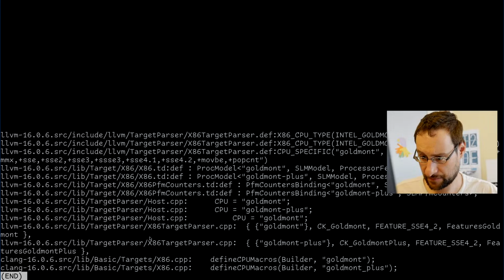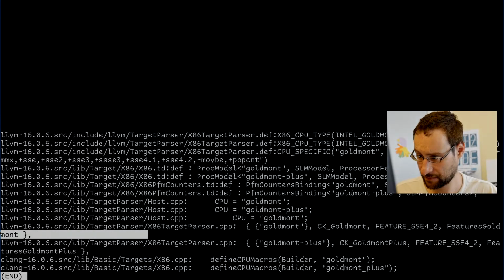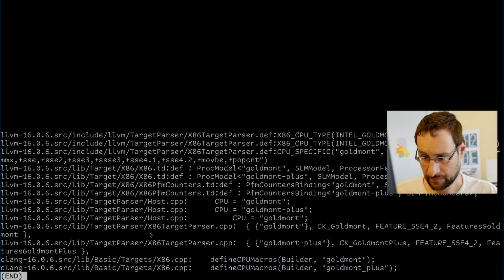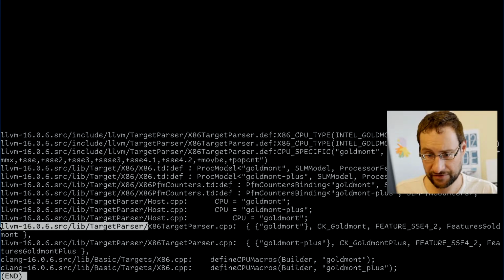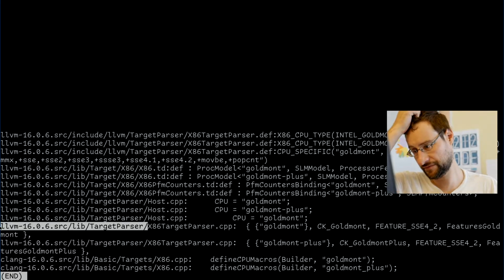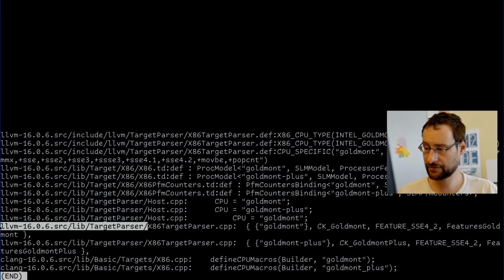Here's also some x86 target parser, maybe. It's absolutely crazy, I mean, am I the first and only person who ever wanted to optimize for 586 or 486? This is absolutely bizarre. So yeah, there are unfortunately 2 places, annoyingly.